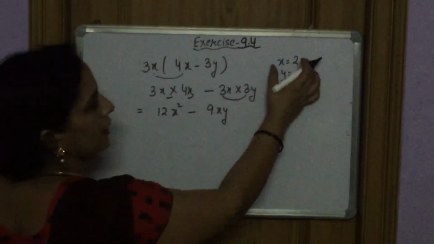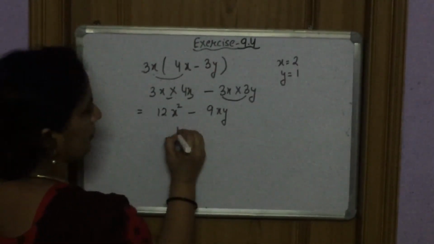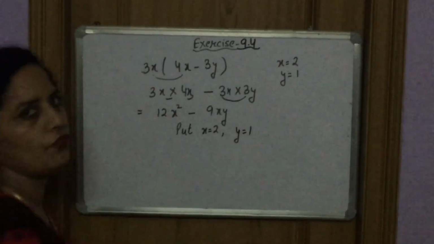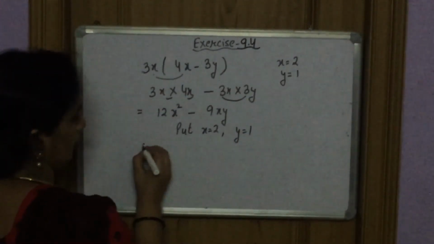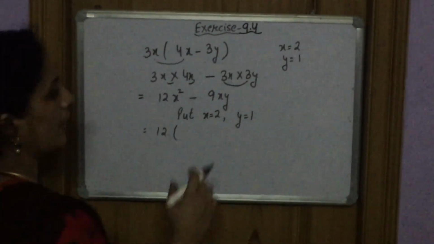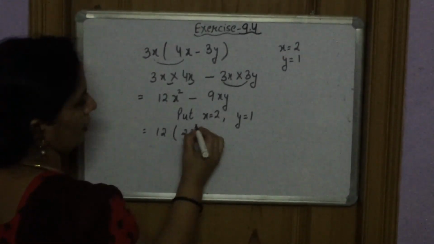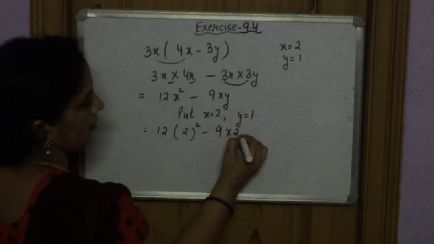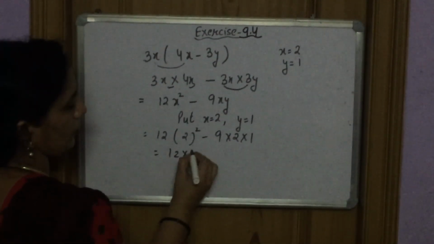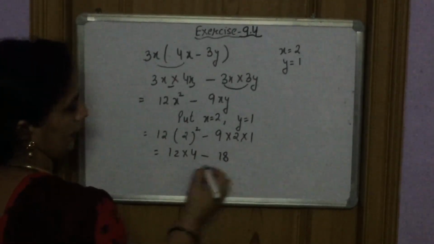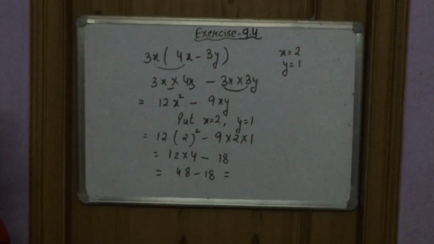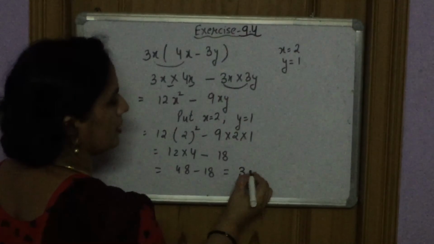After that put the values. That means here we have to put x is 2 and y is 1. Then the solution will be to just replace x by 2 and y by 1. Now the solution: 2 square, this will be equal to 4, and 9 times 2 is 18. 48 minus 18. So after subtraction we get the final answer. This will be